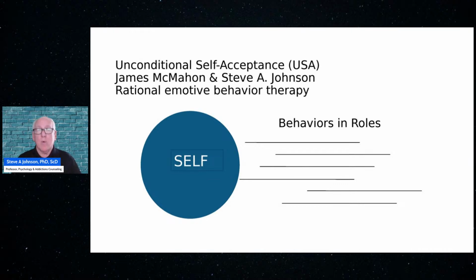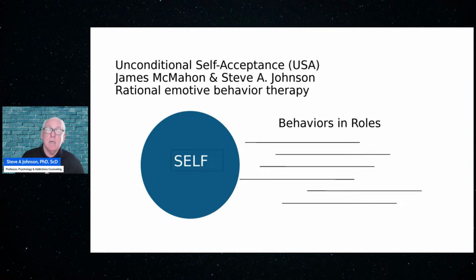And then what we want you to do is over at the side, I want you to draw some lines. And now notice some of these lines are closer to that circle that has the self in it, and some are farther away. We do that in terms of our different roles. Those roles that are most important to you, you have them close to the self. Roles that are not so important to you, you have farther away.